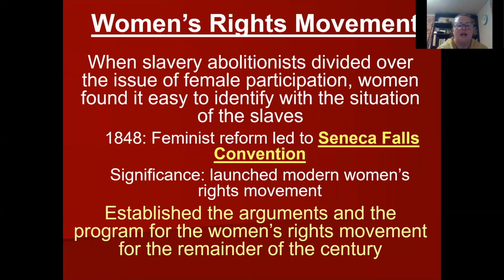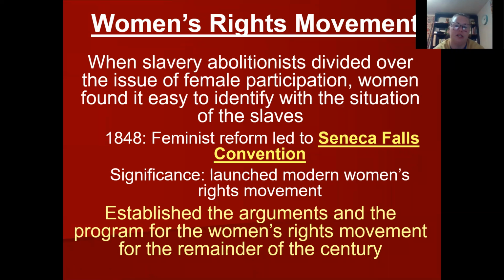All right, so let's talk about the women's rights movement. So keeping in mind, you guys, this is all going on at the same time. Sometimes when you guys are thinking about history, you're thinking that everything is in a linear order, but a lot of these things are overlapping and spurring each other, okay? So keep that in mind as we're going through this.